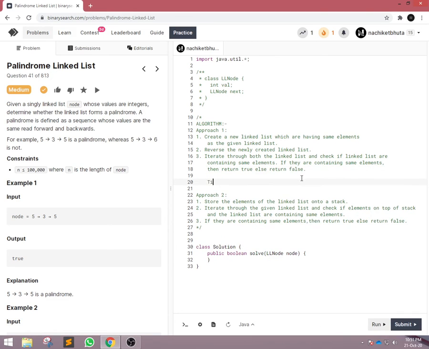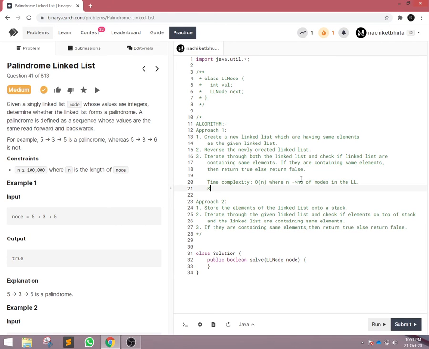For this approach, the time complexity will be order of n, where n is the number of nodes in the linked list, and the space complexity will be order of n, because we are creating a new linked list of the same size.